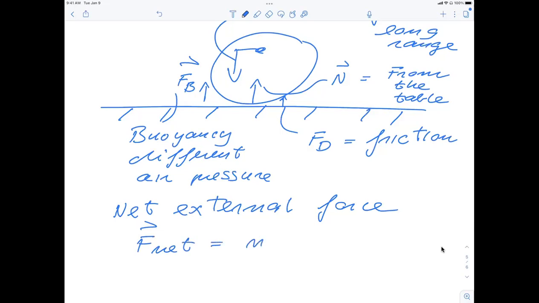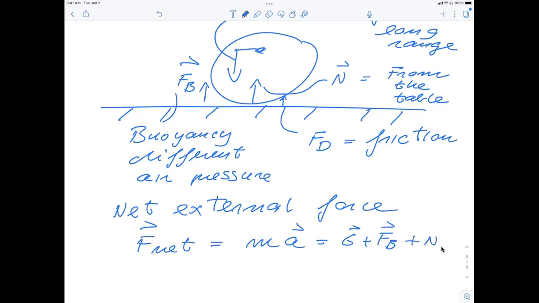If this is the mass of the object, it gives us the total acceleration. The total acceleration is going to be the sum of all the accelerations from the different forces which are at play. So that would give us G plus F_B